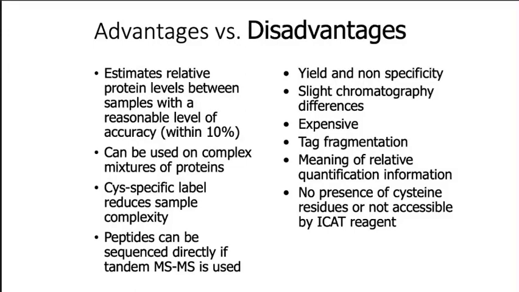The disadvantages: the yield is not specific, it is not a specific method, there are slight chromatography differences, and it is very expensive. The tag sometimes fragments, it gives only relative quantification information, and if there is no cysteine residue in the polypeptide, we cannot use this technique. Thank you for your